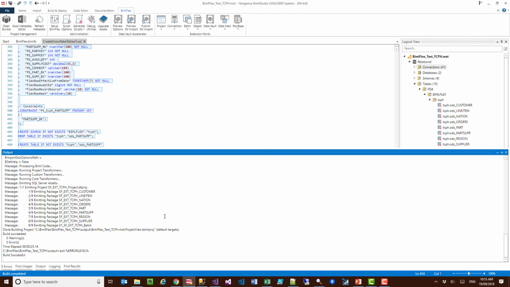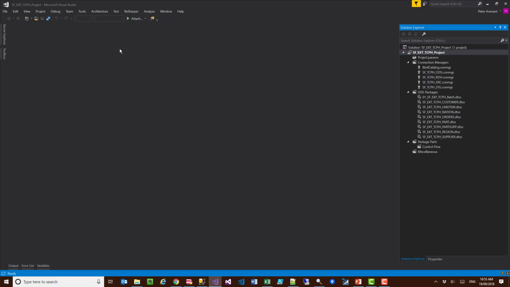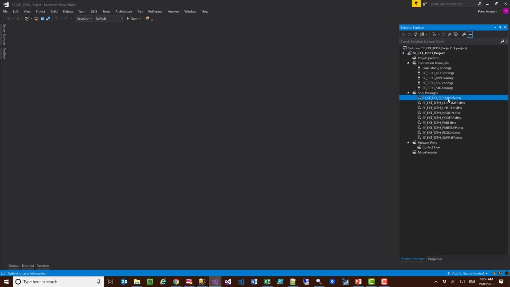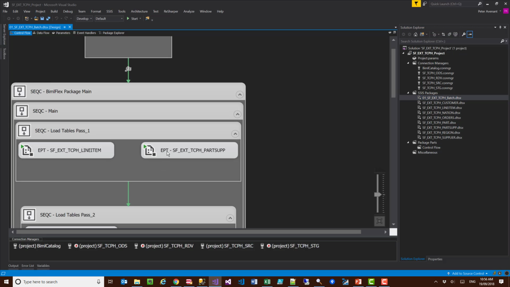All right, so the build has been completed successfully. So let me head over to Visual Studio here and just show you what the package looks like. Now remember, the first thing I want to show you is that we created 2 threads on the batch. If I look at the batch here, that's going to execute it. We will see here that it's going to have 2 packages that get executed in parallel, and this could be as many packages as you want